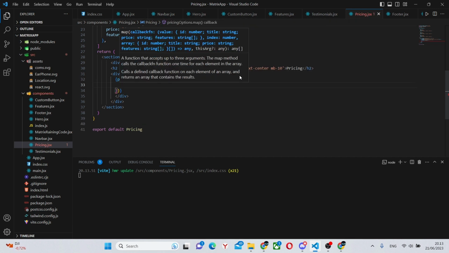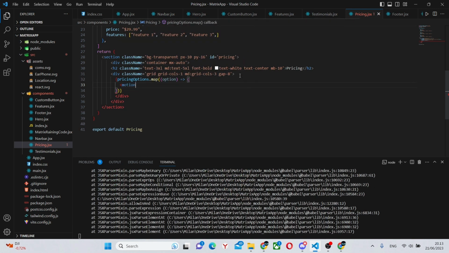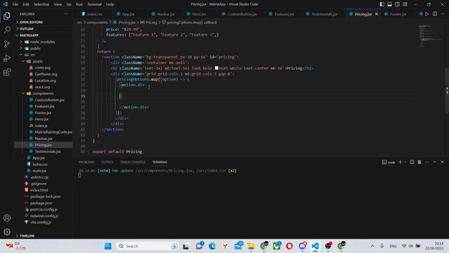And here we will have a motion.div, as we always do. The key is going to be the option.id, as last time.